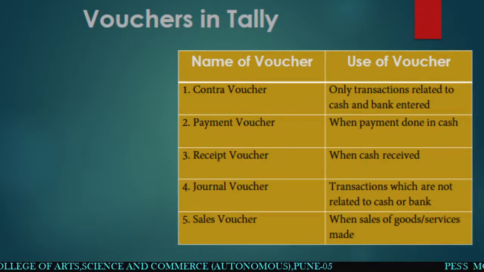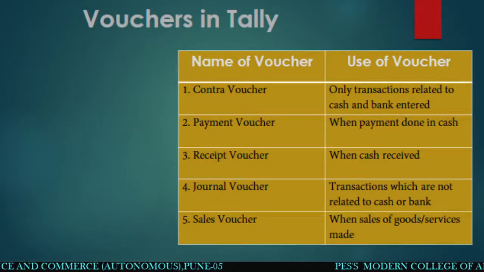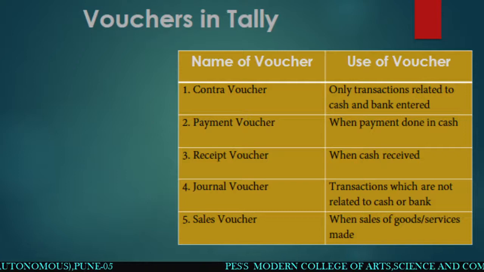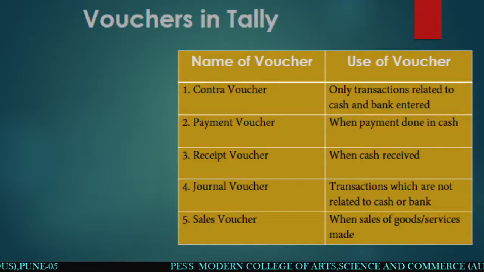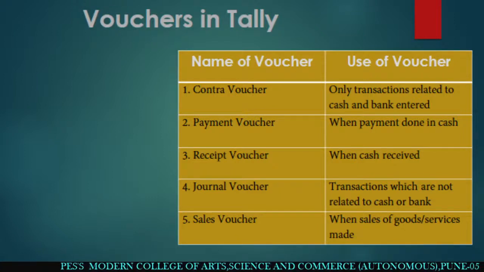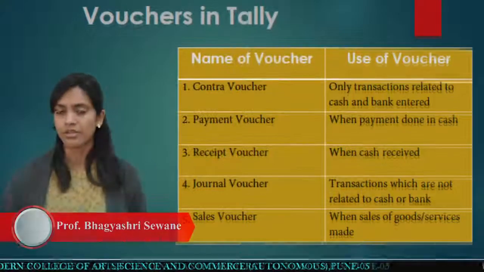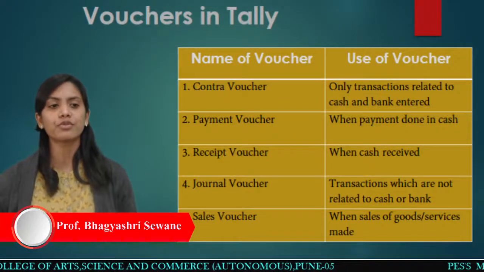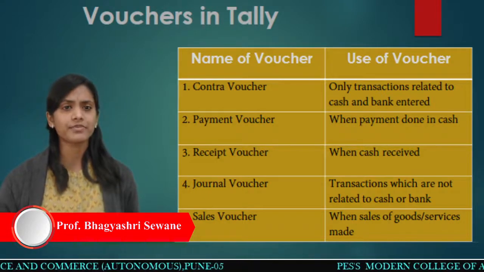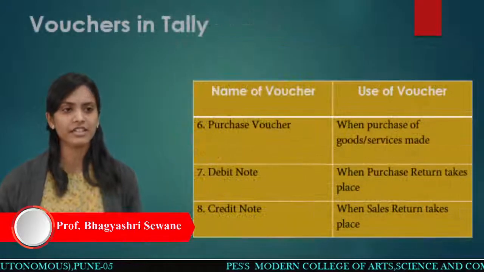The next voucher is the sales voucher. What is the sales voucher? When you sell your goods to a customer, at that time you have to post the sales entry. So you have to pass the sales entry: cash account debited to sales account, or party's account debited to sales. This type of entry you have to do in a sales voucher. After that, the next voucher is the purchase voucher. Sales voucher we have cleared actually.